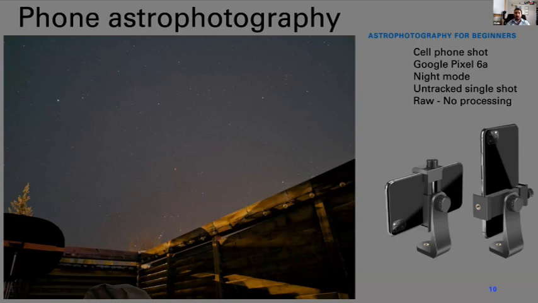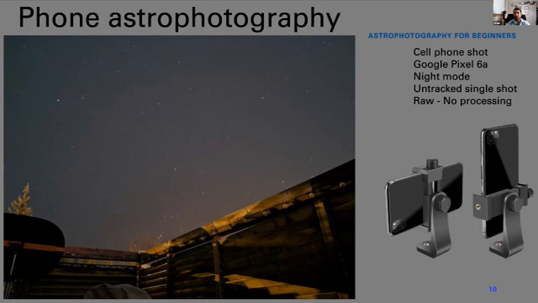And I didn't use any special settings. I just let the phone do everything. So I just put it on a tripod, faced it up towards the sky. You can see Orion setting at the very bottom here. And I think you can see Cassiopeia on the right as well. And I just hit the shutter button. Actually, I used the 3-second self timer on it, and it did everything else by itself.